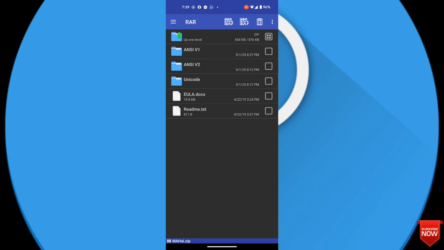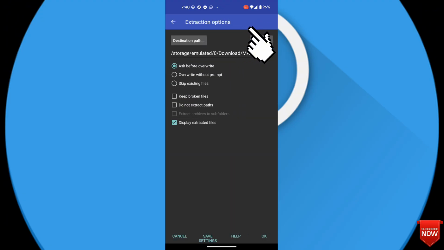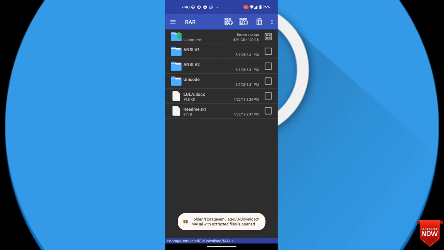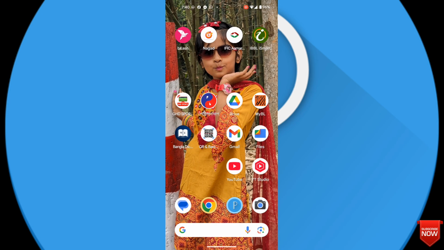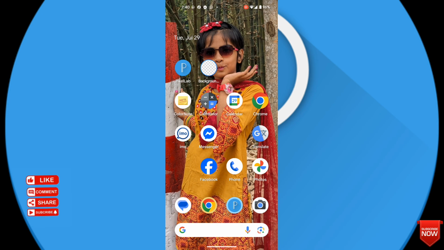dismiss and select all and click this point. Save settings and OK. This font is already unzipped, and now I will go to the software